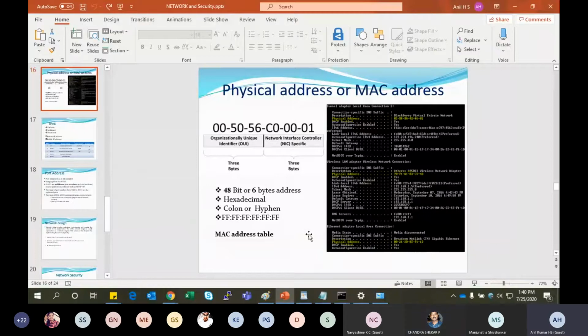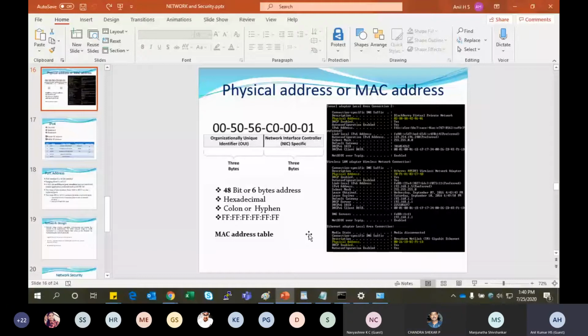So your machine will create a packet saying, this is the source IP address, this is the destination IP address, this is my MAC address, this is the destination MAC address, I want to reach this MAC address. When that packet comes to the switch, it looks only at the frame, because the frame contains the MAC address. The data link layer protocol data unit is a frame. It will not look at the IP address, because IP addresses are learned only by the router at the network layer.